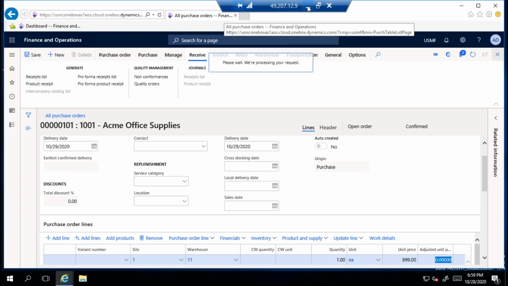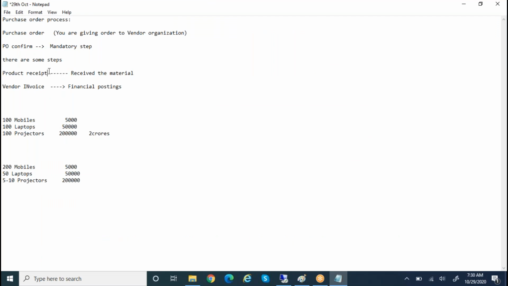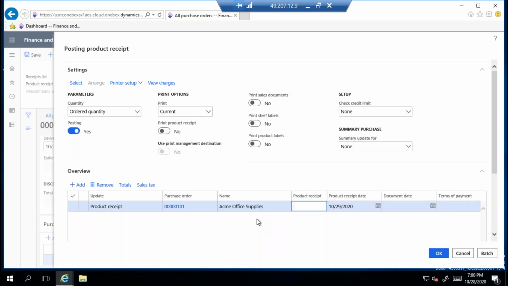This product receipt is also called GRN, that means goods receipt note, or MRN, material receipt note, or receipt. Okay, that means simply you have received material from the vendor.